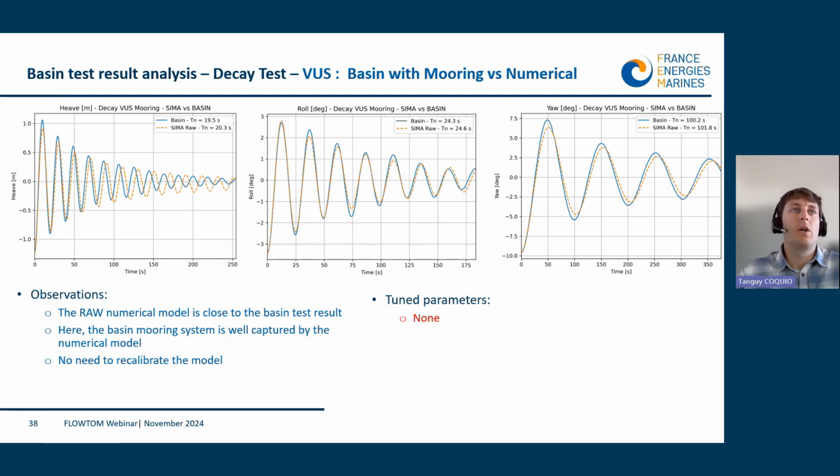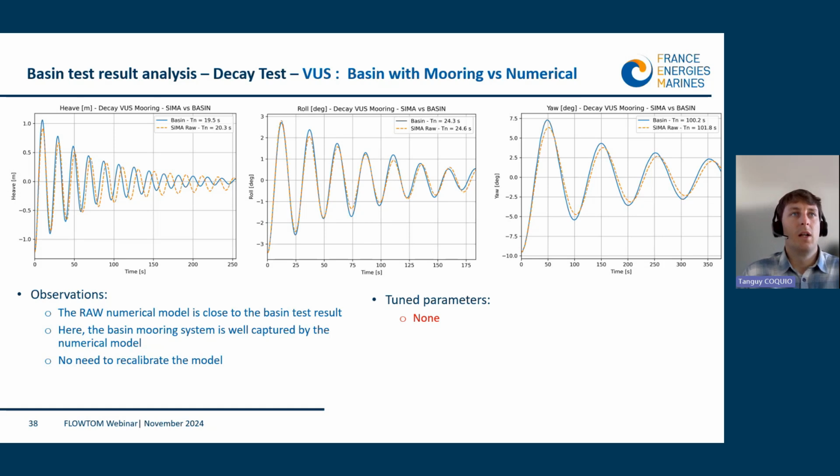In fact, the calibration of the Morrison element on the semi-submersible is something that is known in the literature, and as we obtain this kind of results for heave, roll, and yaw, we thought that it was better to stay consistent with the drag Morrison elements that we put on the model, extracted from the literature,